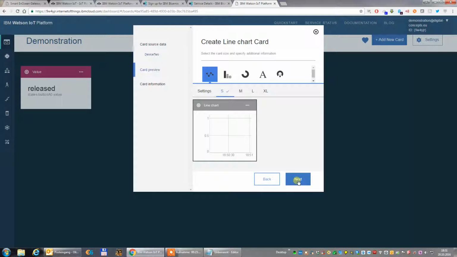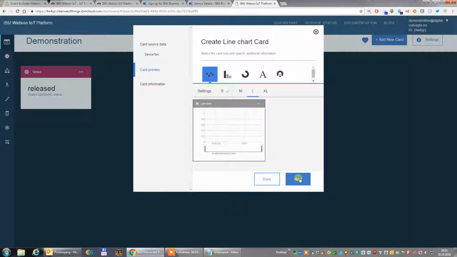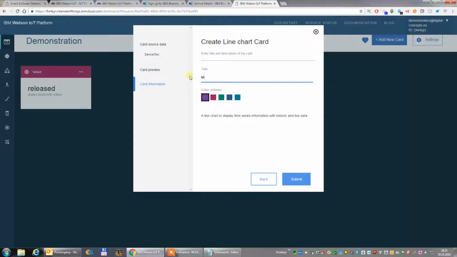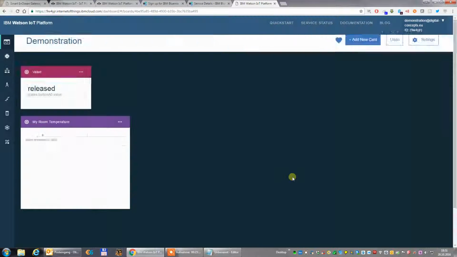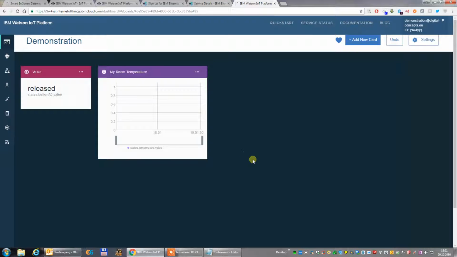room temperature. Next, make a nice dashboard like this, and then if you go here, you can also change some settings about the window size. 5 minutes is okay. We prefer a large one. Next, and I say my room temperature, submit, which is then okay. We have the device here. Of course, now we have the problem that, as I said, no temperature has been transmitted. So I'm going to try to